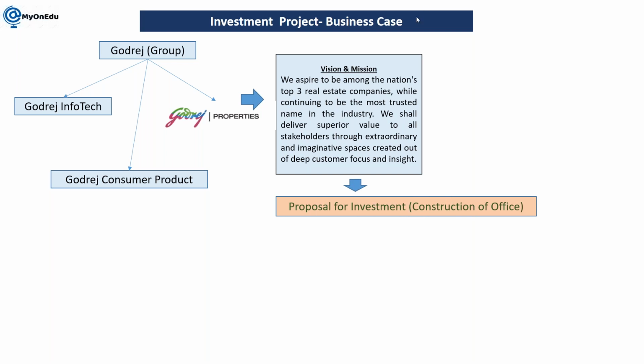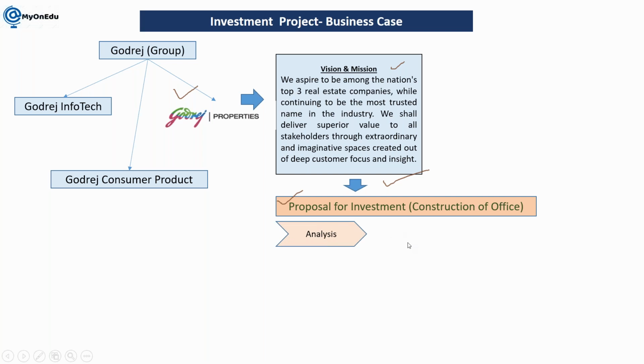So generally in between this, we have one more thing, which is strategic objectives or strategic roles. Let's say to achieve the vision and mission of your organization, you have one proposal for investment. Being a very premium, renowned company in India, we need to have one very good office, so that we can showcase to our customers that we provide quality in construction. This is just a proposal, for example: proposal for investment, construction of office. Then it will go for